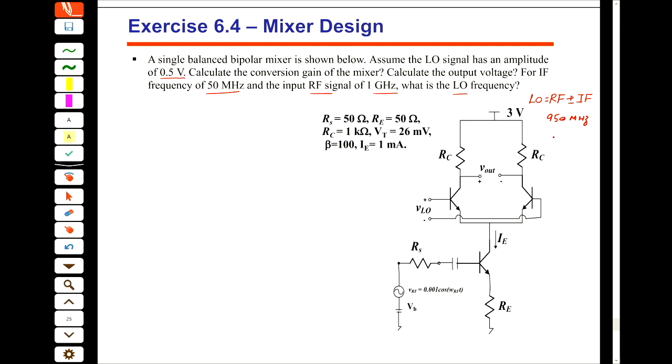It could be 950 or it could be 1050. But the other part. All right. If I write down